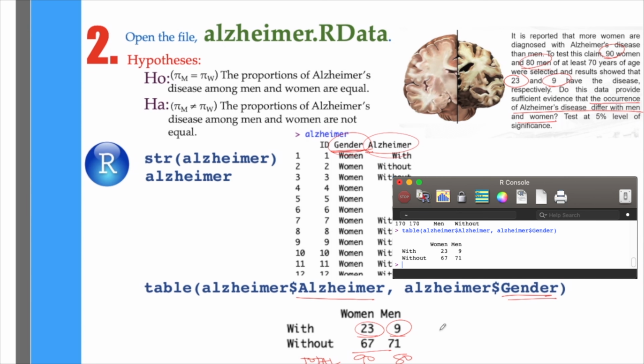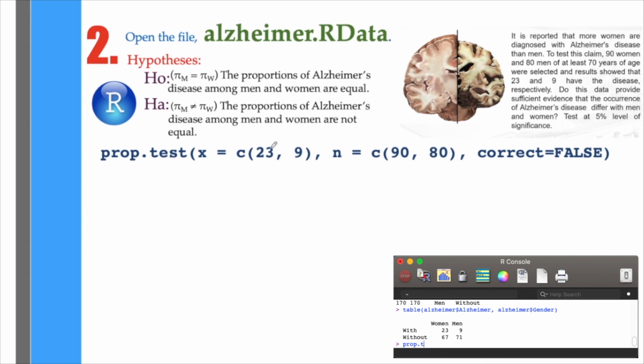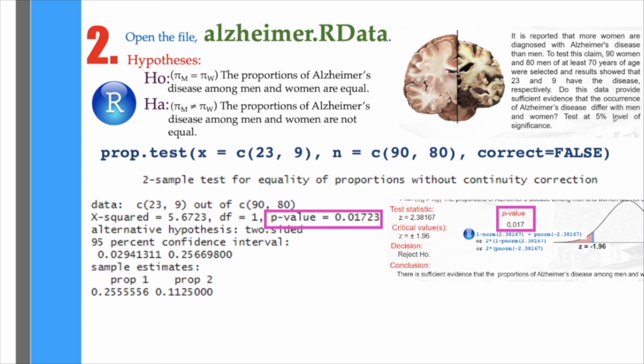have Alzheimer's disease. So using the prop.test function, all you have to type are 23 and 9 under the x option, and 90 and 80 under the n option in prop.test. And again, correct equals false indicates here that we don't need a correction since n sub 1 pi, n sub 2 pi, n sub 1 (1 minus pi), and n sub 2 (1 minus pi), if you recall, are all greater than 5. And as you press the enter key, you will have this result, which indicates that the p-value is 0.017,